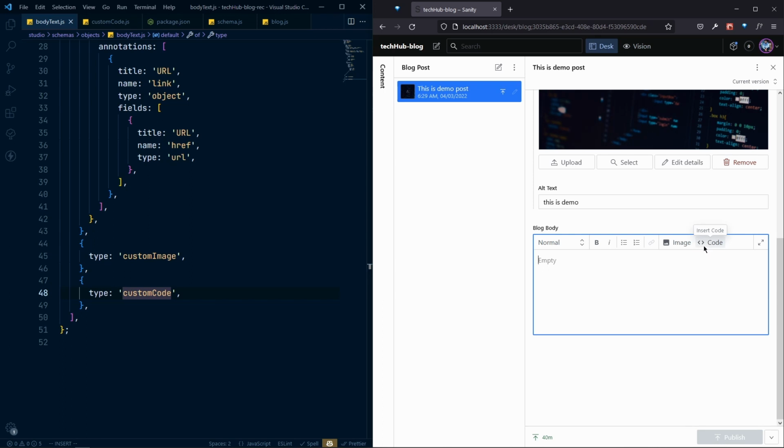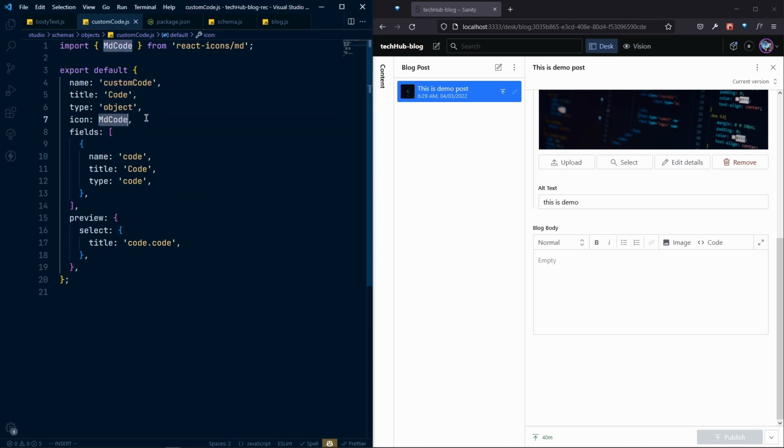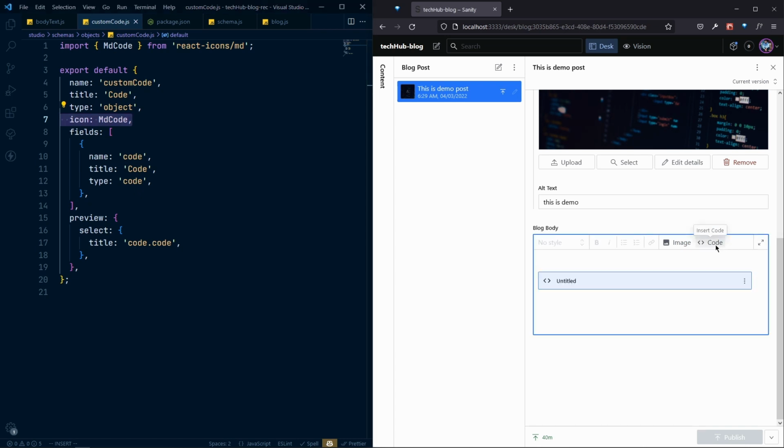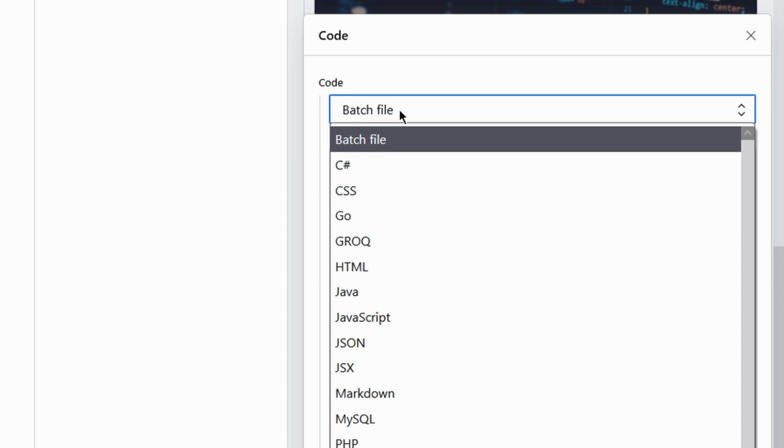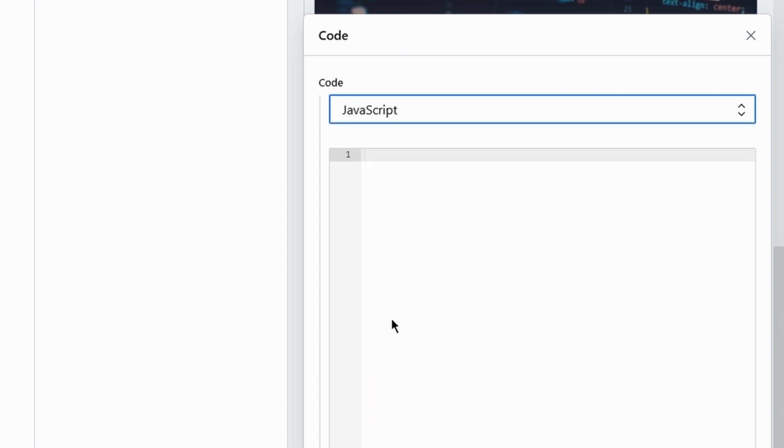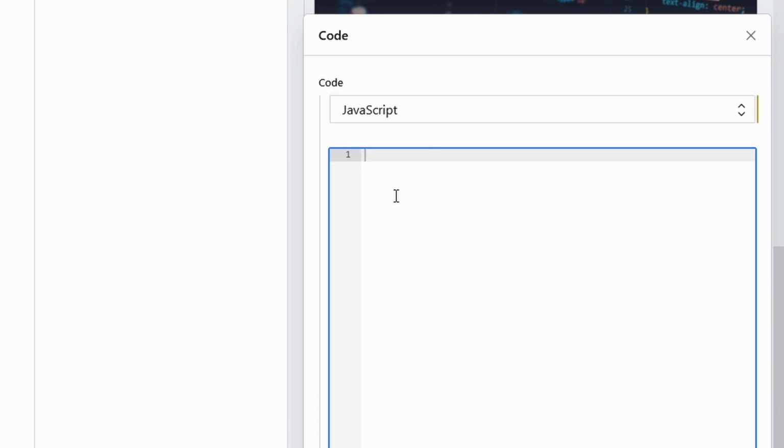So this icon beside this code is from the React icon that we mentioned in our custom code. And also let's add a custom code here. If I click this, you can see this nice code modal will open. From here you can select your specific language, and let's say console.log